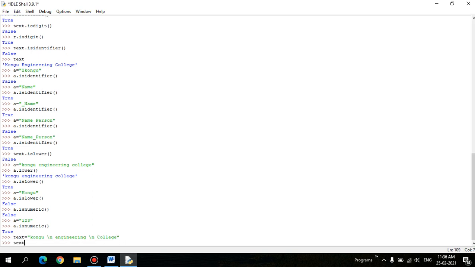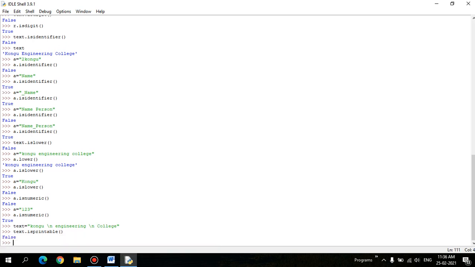Yes, so text dot isprintable. Can it be printable? No, because the newline character cannot be printed, right? And it accepts another argument also.